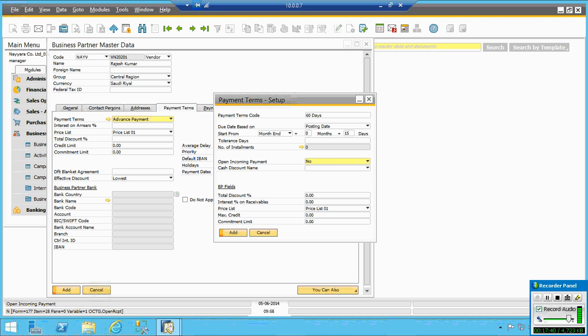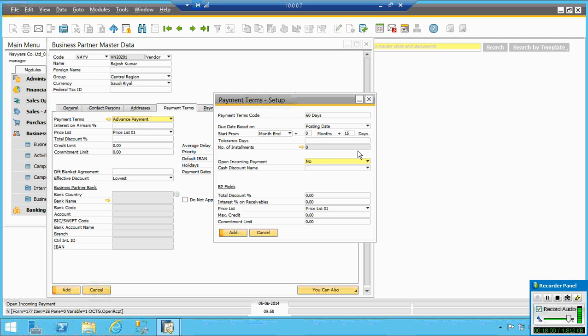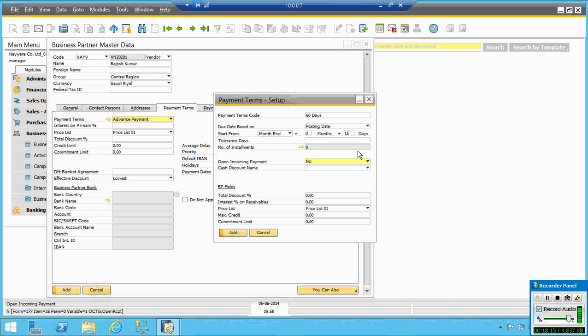Now, if I select month end and then 15 days, the thing is that you create the document on any date in the month, say from 1st till 29th. The system will start counting only after the end of the month, because I said month end. Meaning, I create a document on 1st of June, or I create a document on 29th June. The system will take the end of June, and 15 days to 15 July, as the due date. Only then will the system consider that this person is in default. Till then it will not. So if you don't want this, just leave it blank. That means it is 15 days exactly from the date of posting. Clear?